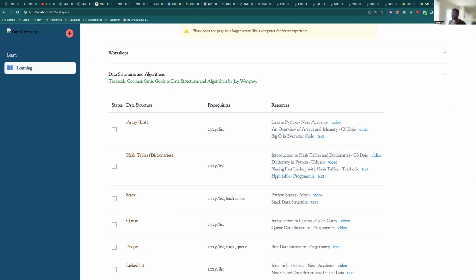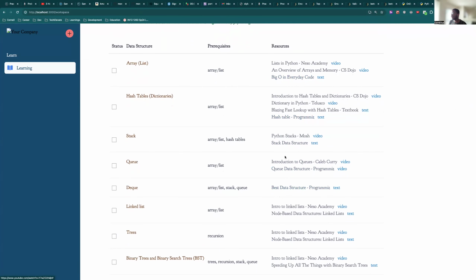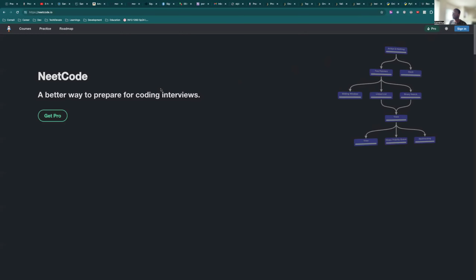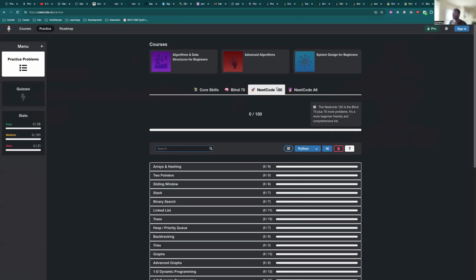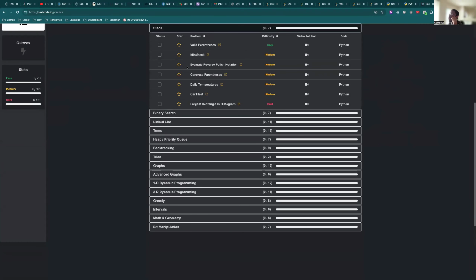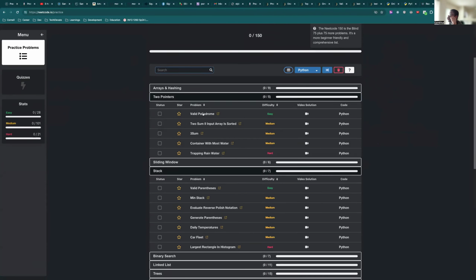So we did these two, arrays and hashing. Next, we are going to stacks, queues, and deque. Just a few texts to go through. I'll send it right now, and I've not deployed it. I'm still building, so I've not deployed it yet. And then the practice questions are also going to be there. You go to NeetCode 150, go to stack. See, it's very few, to be honest, it's so few. Just do the stack here, right? Let's do the stack here, and then you do the two pointers.